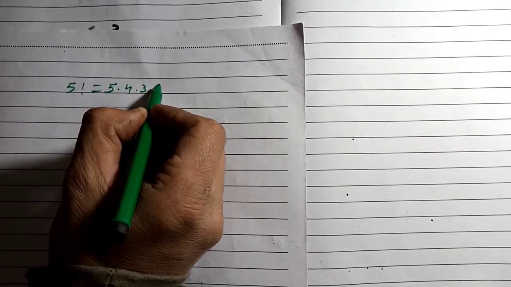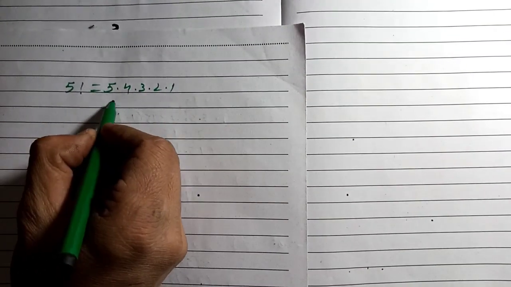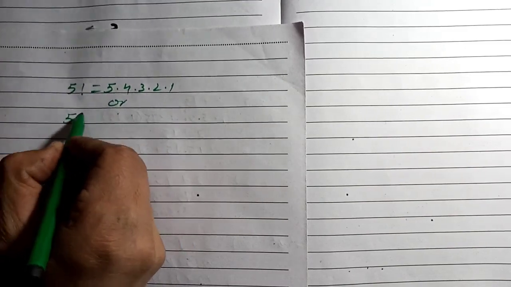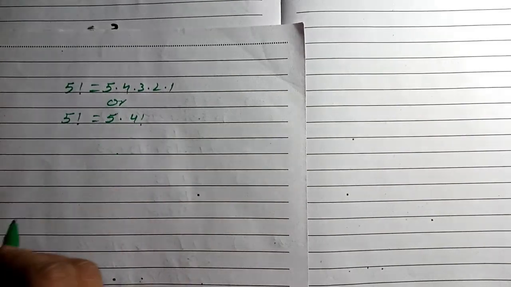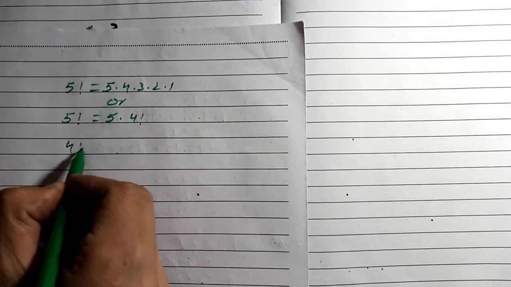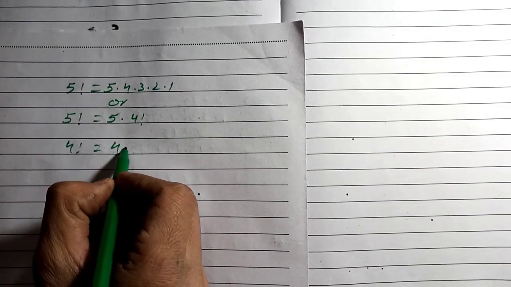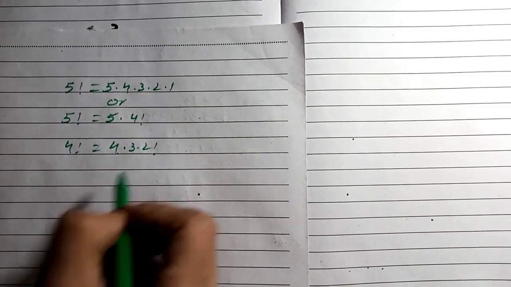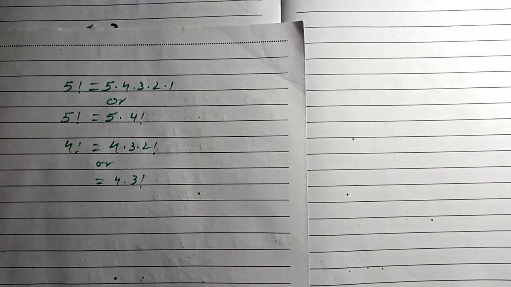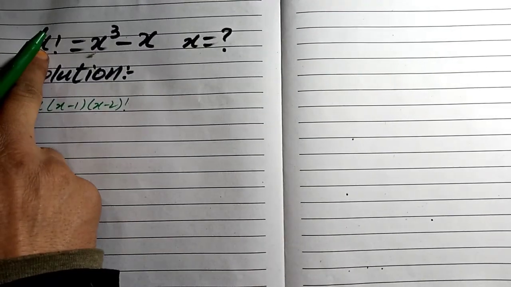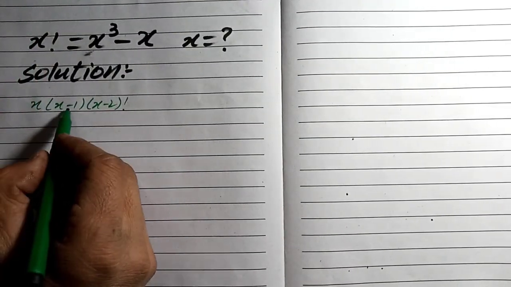we get 5 factorial, which is equal to 5 multiply 4 multiply 3 multiply 2 multiply 1, or we are using 5 multiply 4 factorial, or 4 factorial, which is equal to 4 multiply 3 multiply 2 factorial, or 4 multiply 3 factorial. So x factorial is equal to x times x minus 1 times x minus